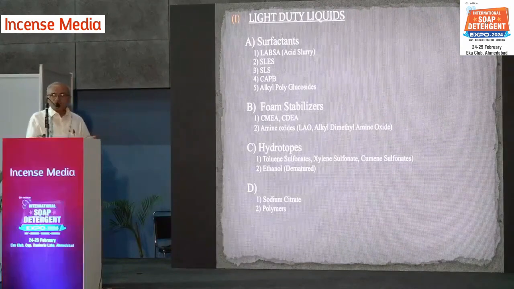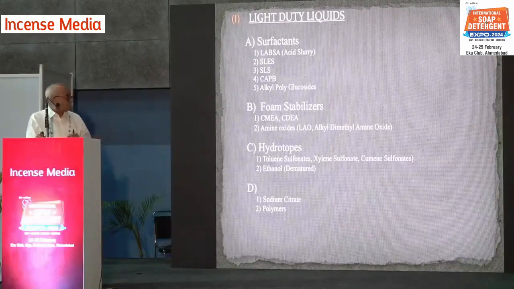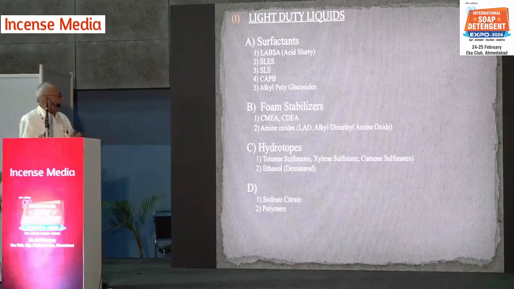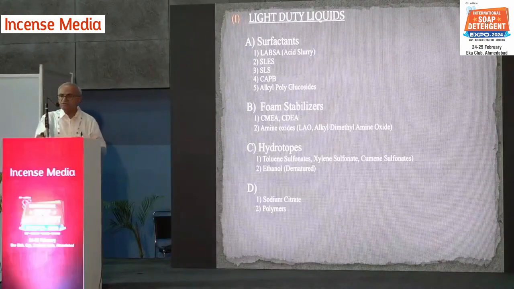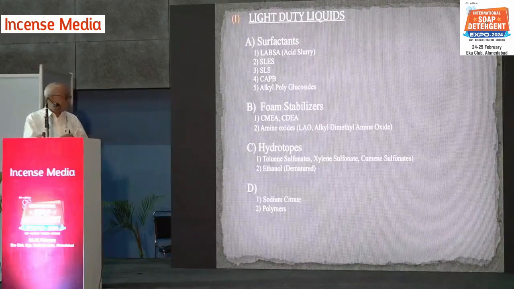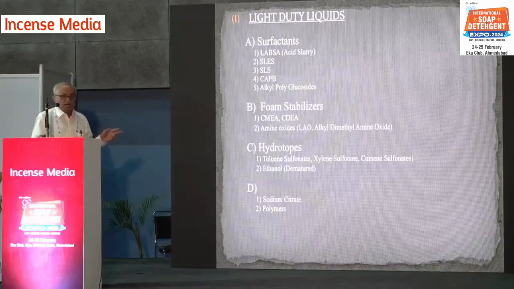Alkyl polyglucosides are green detergents, mild surfactants. Then we have to use foam stabilizers such as amides, cocomono, cocodi, then amine oxides and hydrotropes.